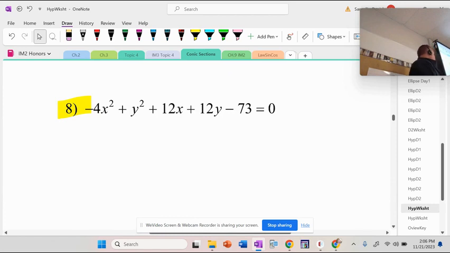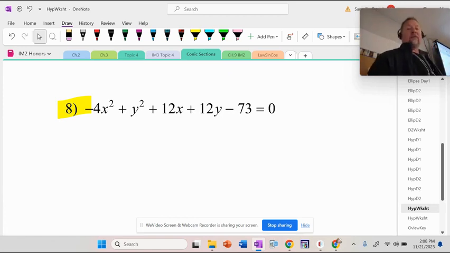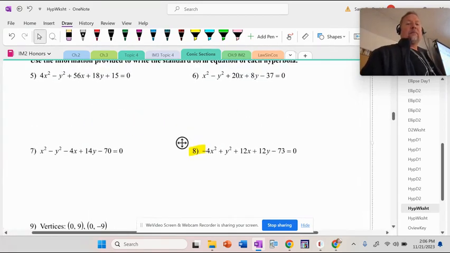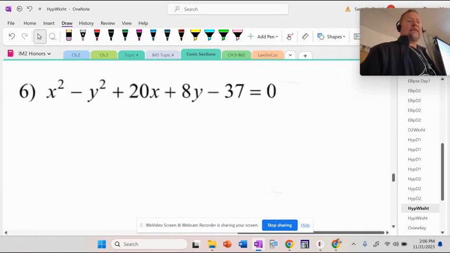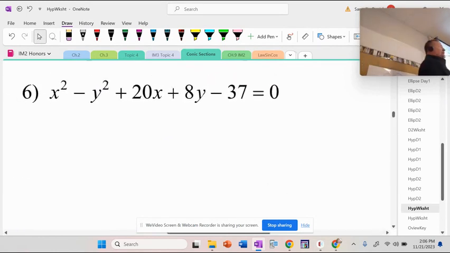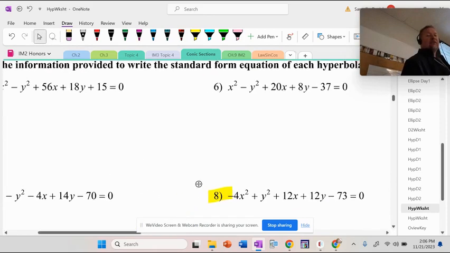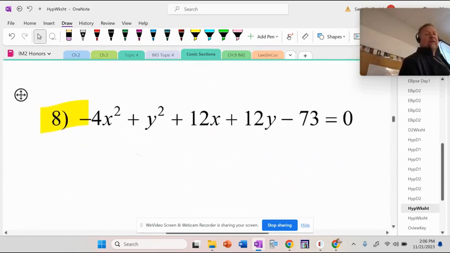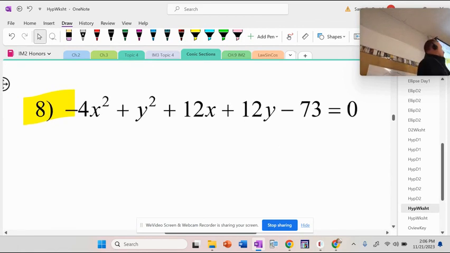But it really is the same as with an ellipse. This is why she was fine. She didn't need to see no video because it really is the same as with an ellipse. By the way, I did want to look at this though. Why is that not a circle? Why is that not a circle? Because there is a minus sign on a squared. So that's why that's not a circle. That's an ellipse. Same reasoning. But I like doing this one because we have a little bit more math going on with it.